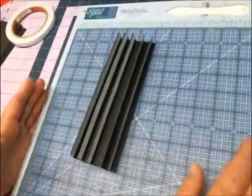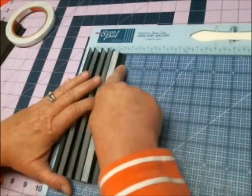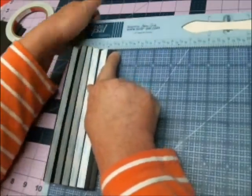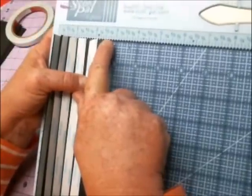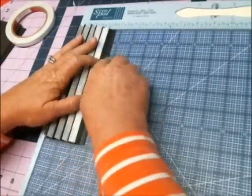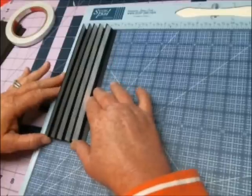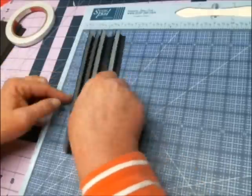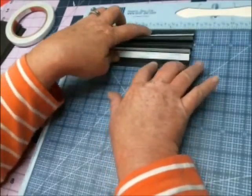Now this is where we want to measure our hinge. So mine is 2 5/8. It's that mark, right after that 1/2 inch. Let me show you. Hope you can see okay. So basically I'm going to make, let me see, I really don't want to go 3 inches, so I'm going to go 2 7/8 of an inch wide